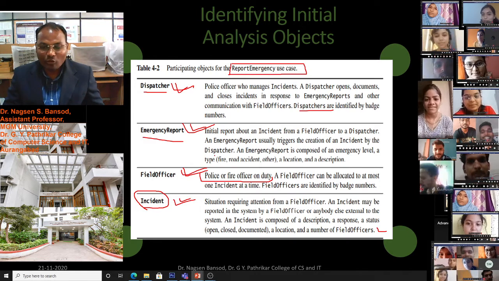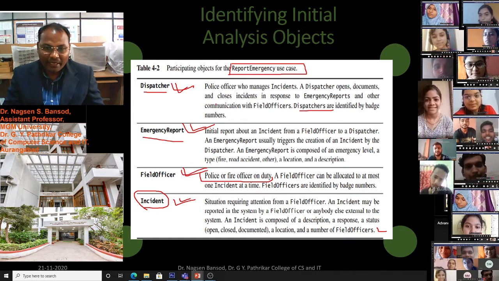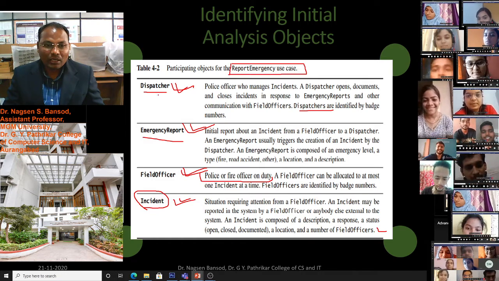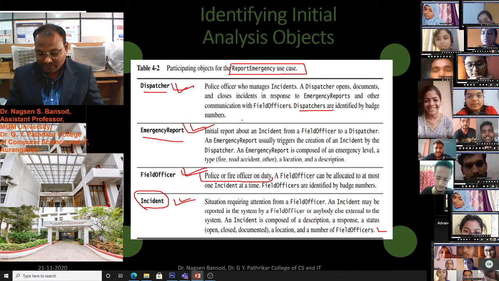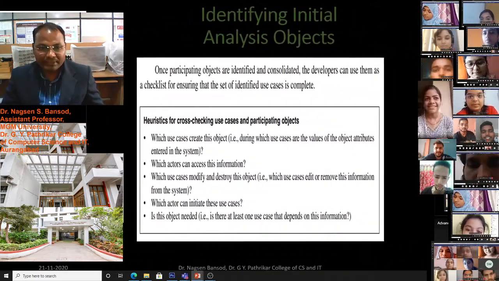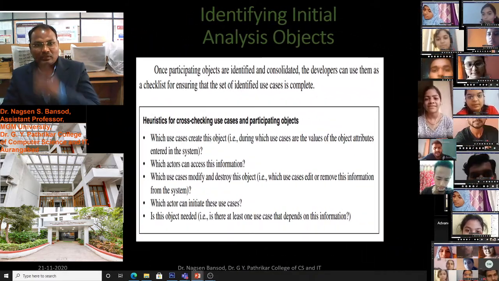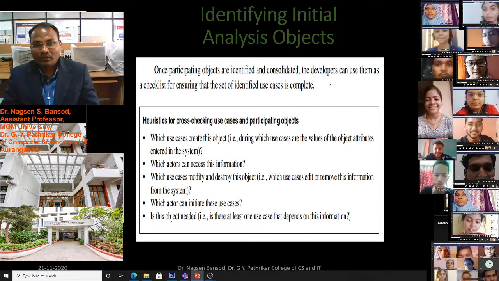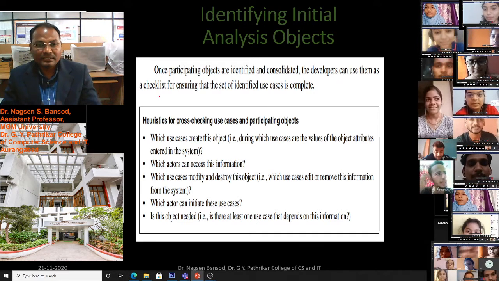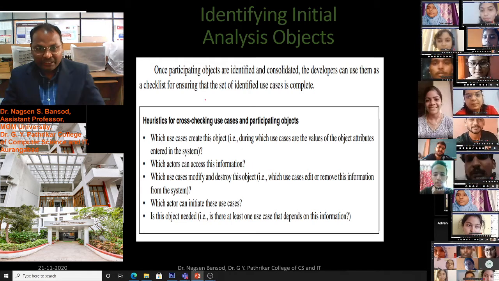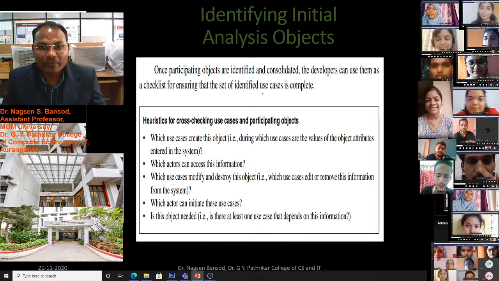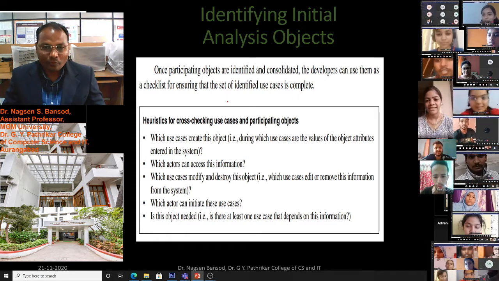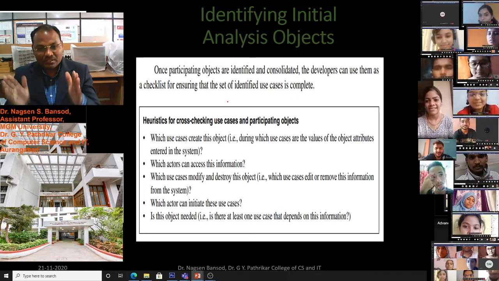These are the objects in this story, and there is some explanation about these objects. After that, we can say our use case is complete.